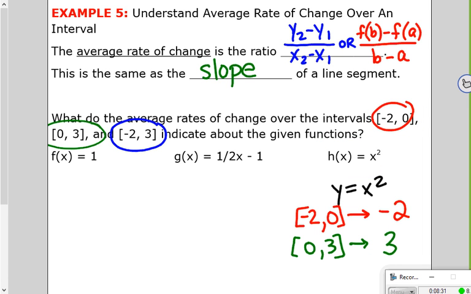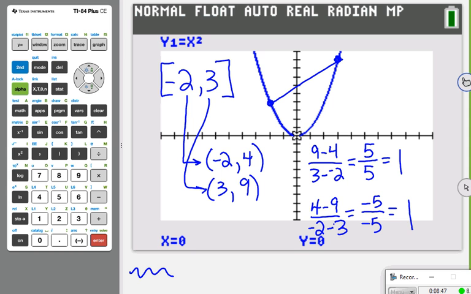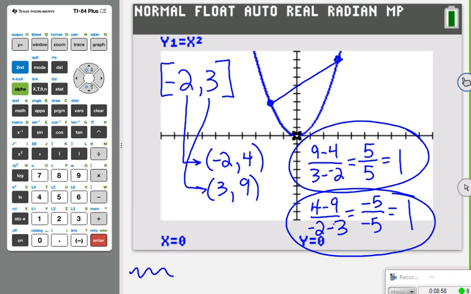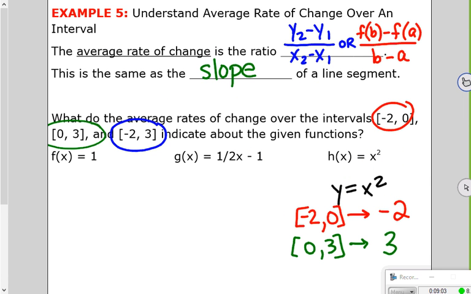All right, if you're watching this later, now I'm going to ask you to try the third one from -2 to 3 on your own, and then pause the video right now, and then restart it to check the answer. Here's the work that goes along with the third part. As you can see, we got 1 as our slope. Down here, we just did it an alternate way by reversing the order to prove that the order doesn't matter. So here we go, wrap it up. The average rate of change when x goes from -2 to 3 is